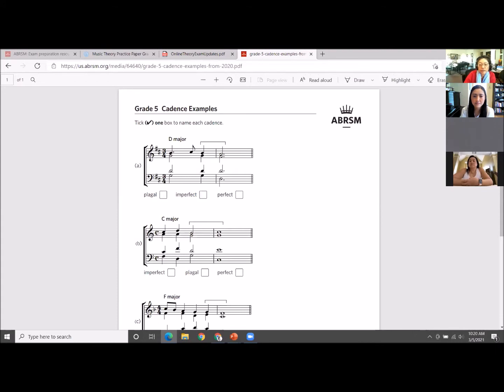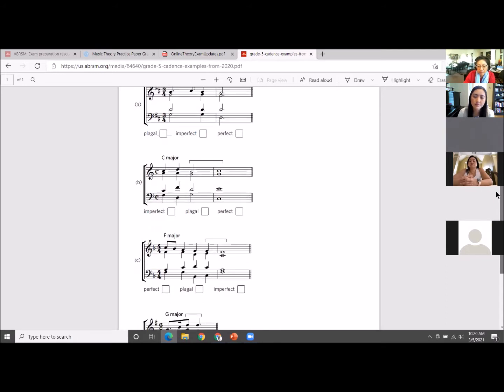If this is in D major, this is a 4/1 chord, so this will be a plagal cadence, and the candidate will simply select and check the plagal box. Obviously this is a PDF file, so I'm not able to demonstrate the actual clicking, but this is something the students will be able to do. These are some of the sample questions you can see.